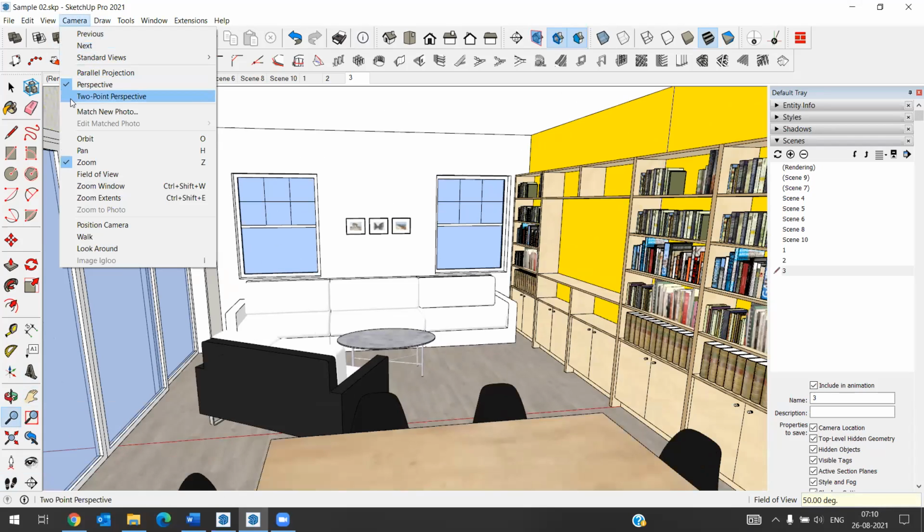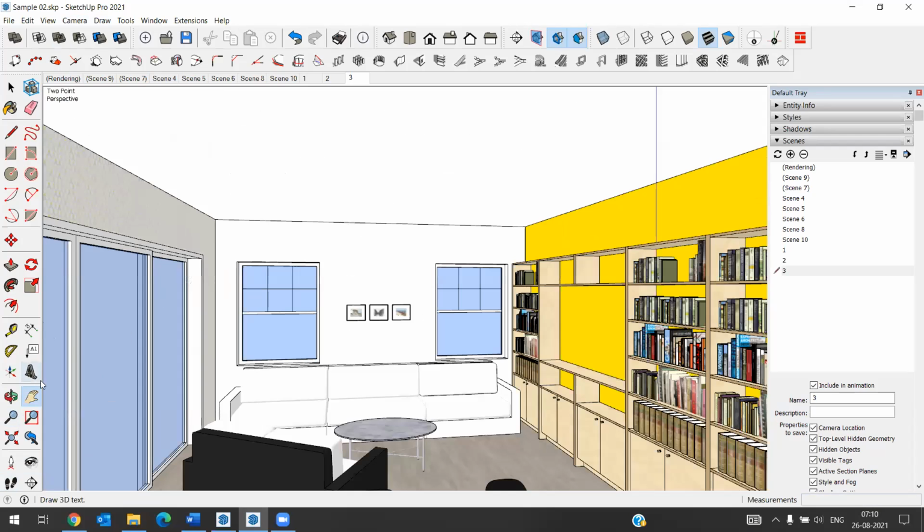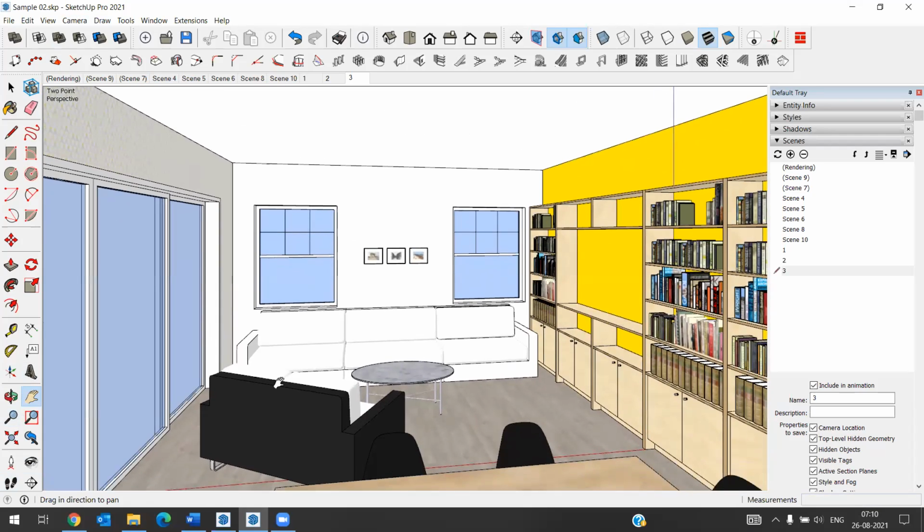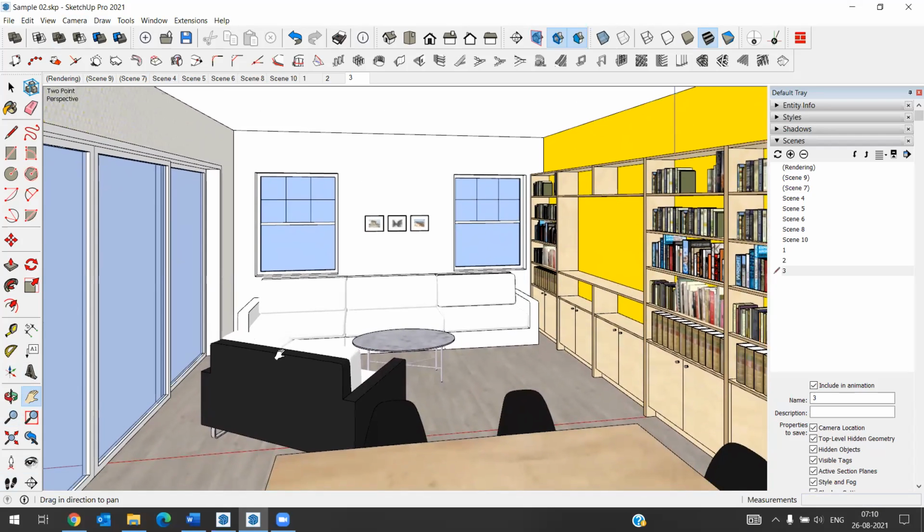I will change the camera view. Okay, 2 point perspective like this.